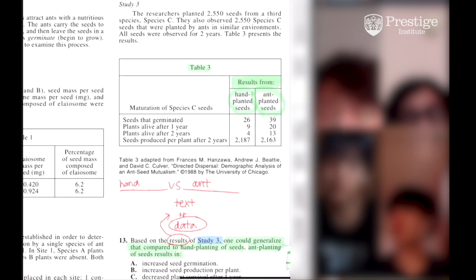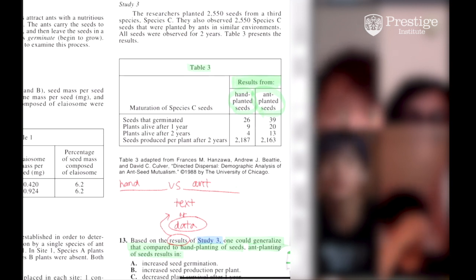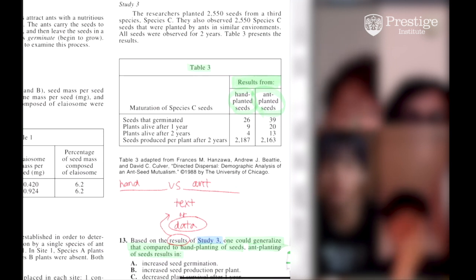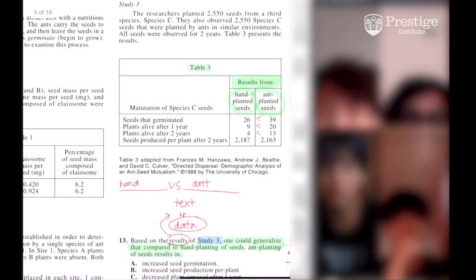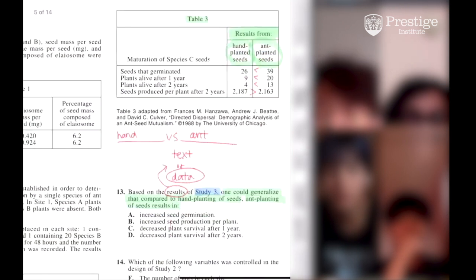And over here we know that compared to hand planting of seeds, ant planting had more maturation of species C seeds, with more seeds that germinated, more plants alive after 1 year, and more plants alive after 2 years, because these values are greater as we go down. And for the last one, seeds produced per plant after 2 years, that was actually greater for hand planted seeds. So now that we have all the relationships down,